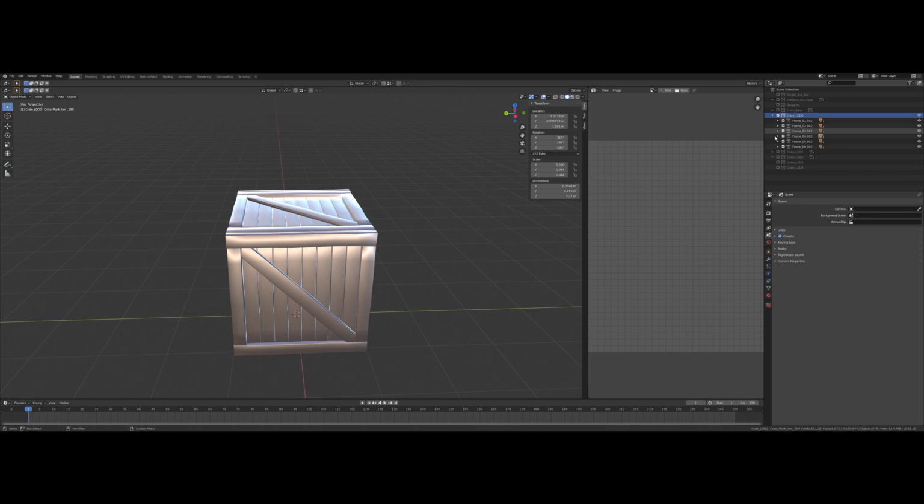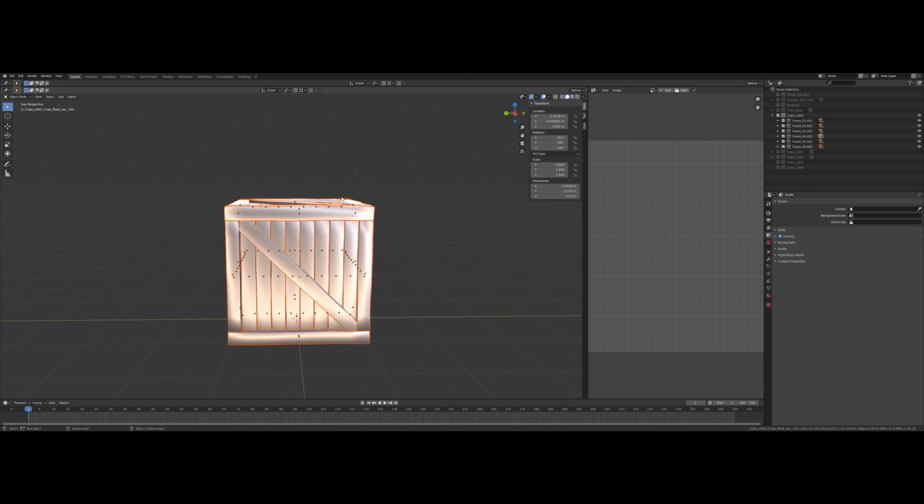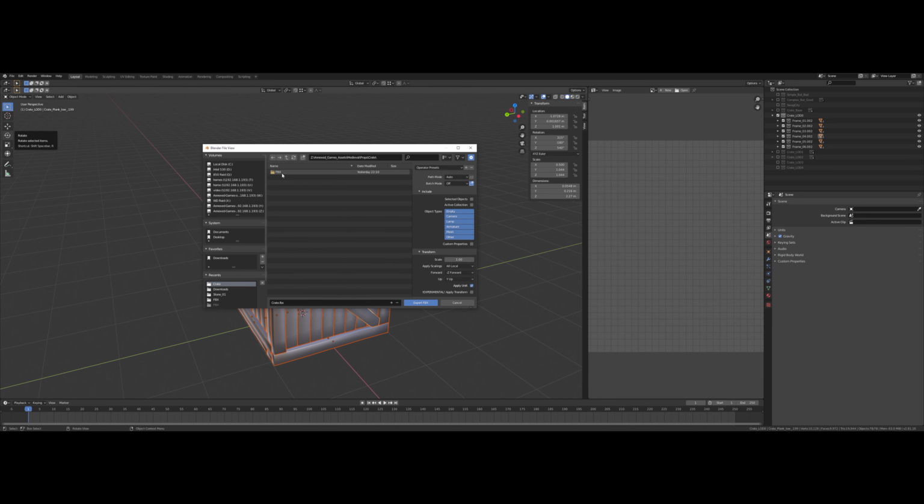So just make sure all your other objects are turned off, and select every object for the crate. And we're going to export this out as an FBX. I'm just going to call this crate FBX. I'm going to check selected objects, apply transform, and in geometry make sure you have apply modifiers checked,